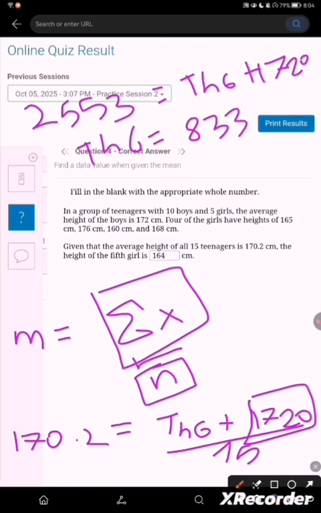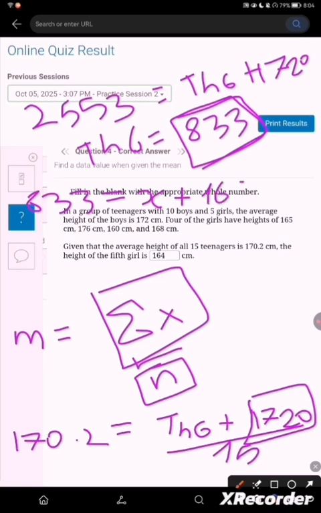Now we're not done yet. They want the height of the fifth girl. We already have the height of 4 of the 5 girls, and we know that 833 is the total of the 5 girls. So if you rewrite this equation, you get 833 is equal to x, which is the height of the fifth girl, which is what we want to find, plus 165, which is one of the heights of the girls, plus 176. This is all from the given, by the way. Plus 160, plus